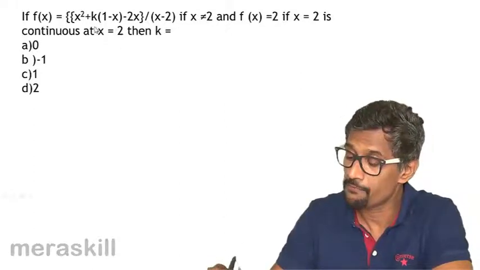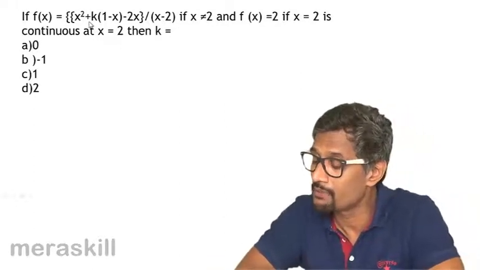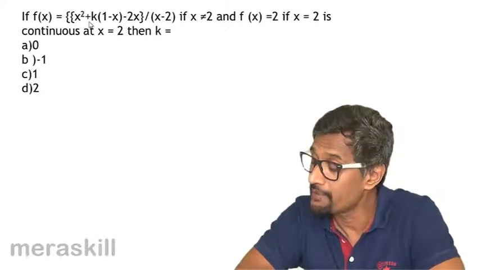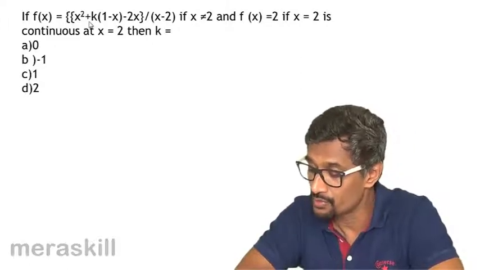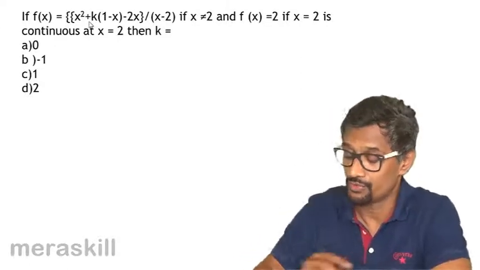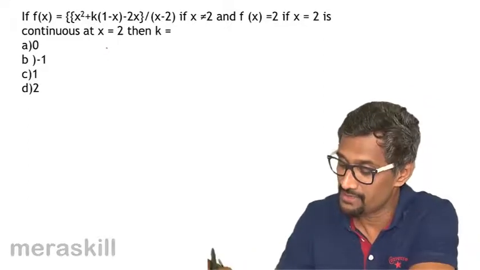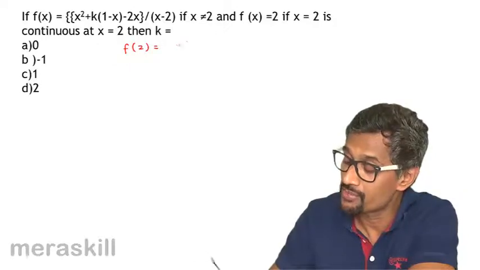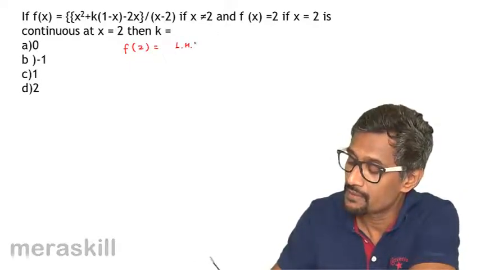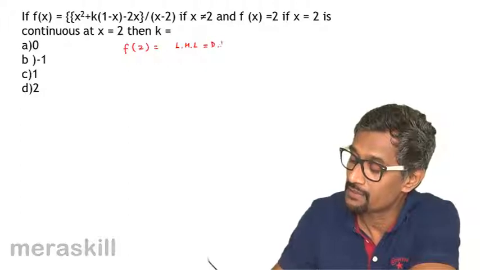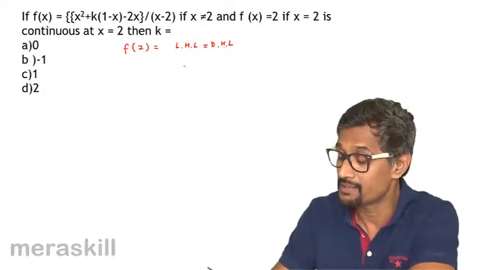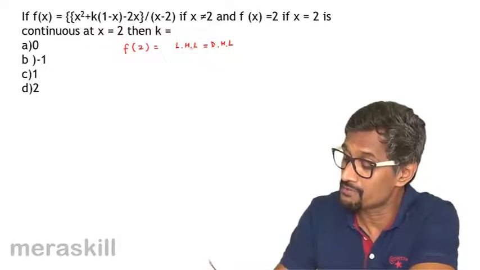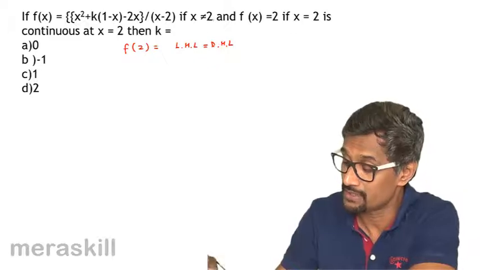It's told that f of x is x squared plus k into 1 minus x minus 2x divided by x minus 2 if x is not 2, and f of x is 2 if x is equal to 2. Continuous at x is equal to 2, which means that f of 2 is going to be equal to the left hand limit and right hand limit, which means that this function is valid for both left hand limit and right hand limit, which means that